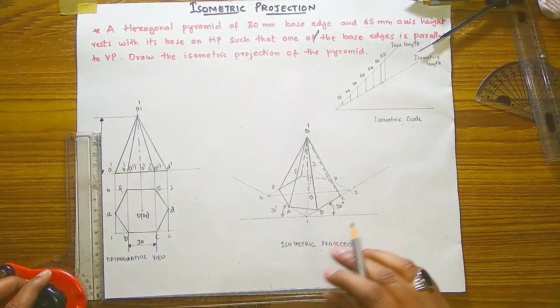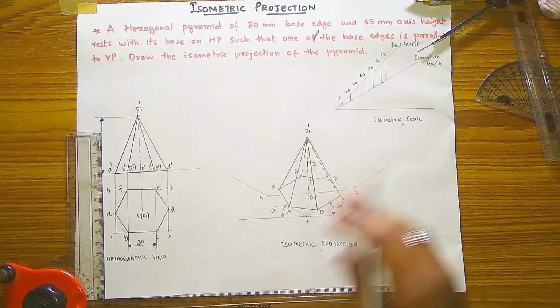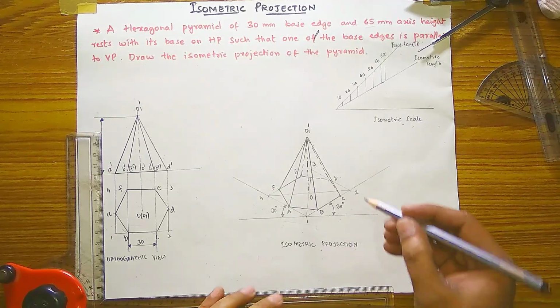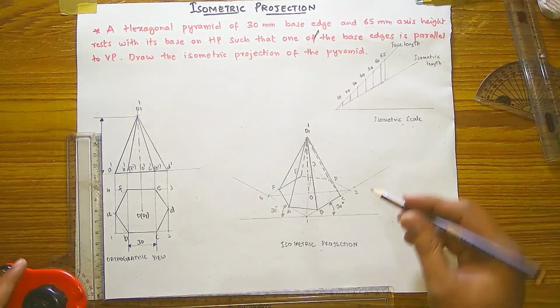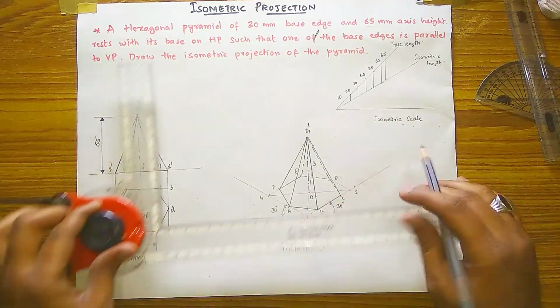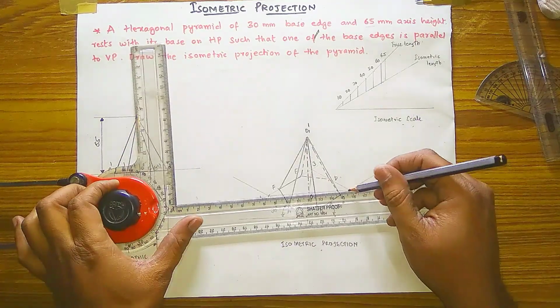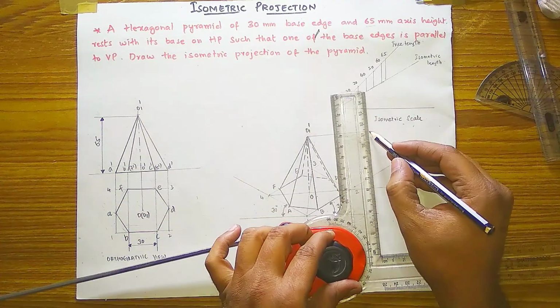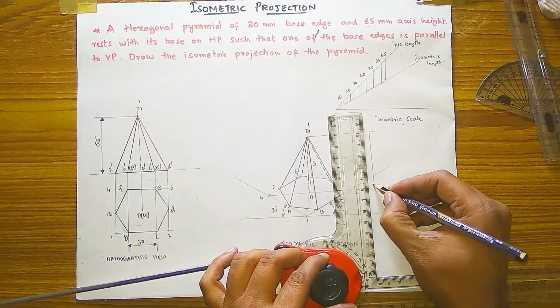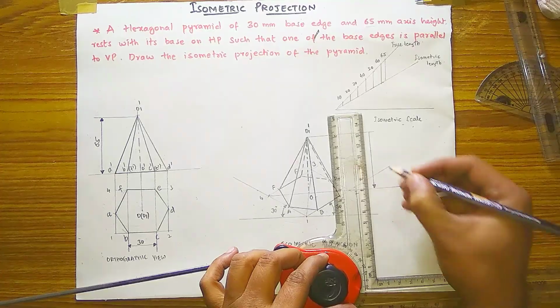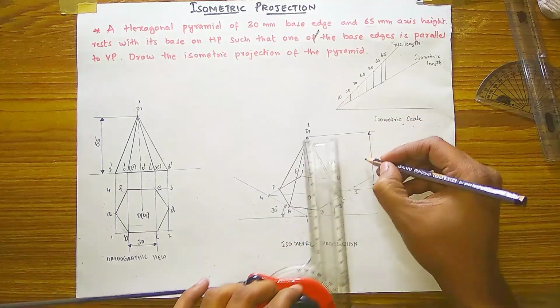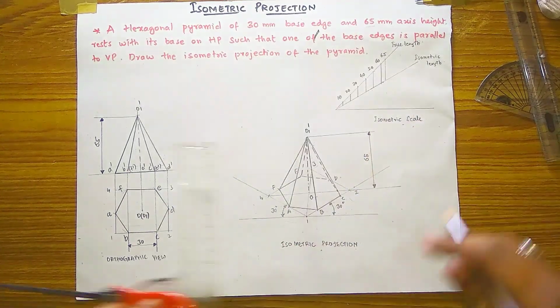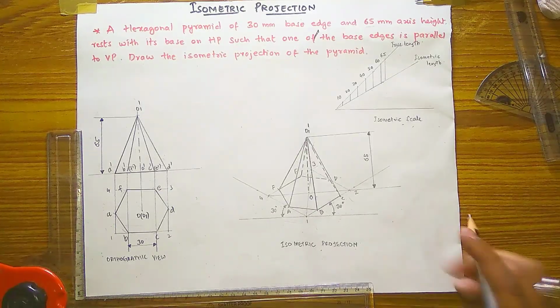And you have drawn the hexagonal pyramid of this problem, and also you have to show the dimensions from axis to axis, how much height it is having. So draw an extension line from O to O like this, perpendicular lines, and draw a dimensioning line, arrow marks, and the dimension is 65 mm. And this is the complete solution of this problem.